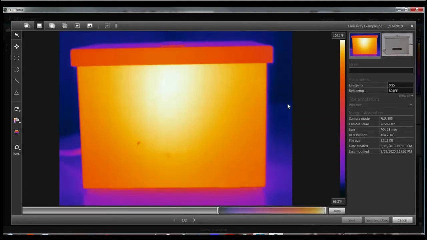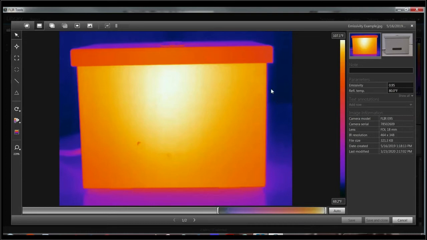The first thing I want to point out is that in the image itself there is a temperature gradient. With the light bulb being inside, it's obviously hotter up top and directly in line with the light bulb. So when we do the emissivity, we want to find a piece of the box that's at a very similar temperature. Another thing to point out is that the box itself is very bright, very warm